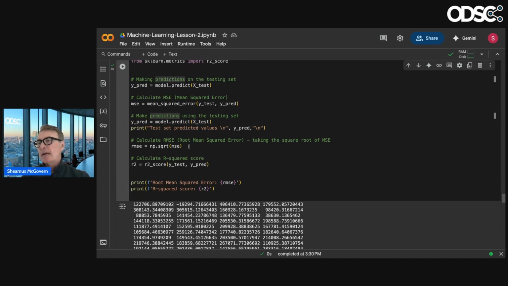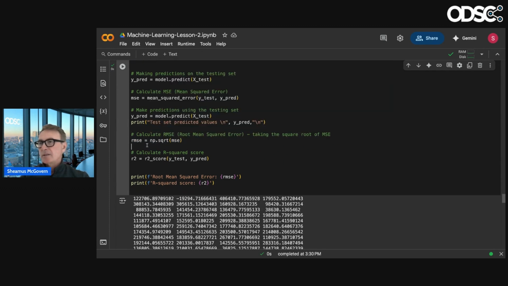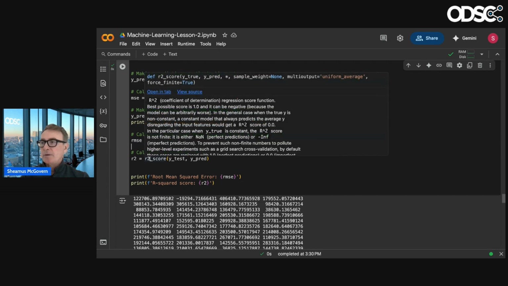Oh, am I doing it because I think I'm doing it because I want to get the mean squared error, or maybe not. No, anyway, that line of code is redundant, but ignore it. Now I'm getting the root mean squared error, and there we have a value of 42,060, and then we want to get the R squared as well.